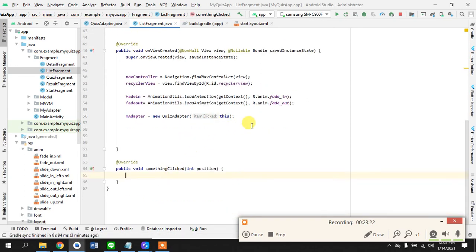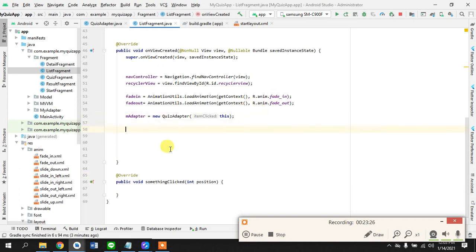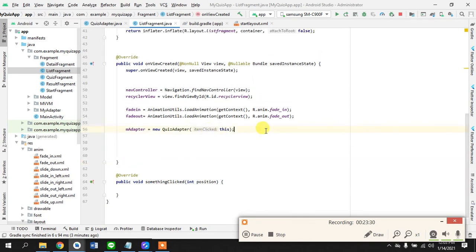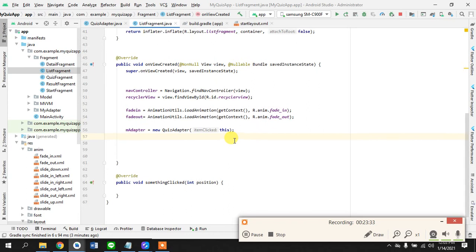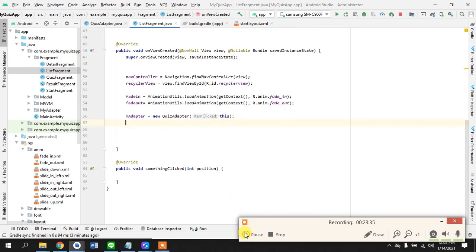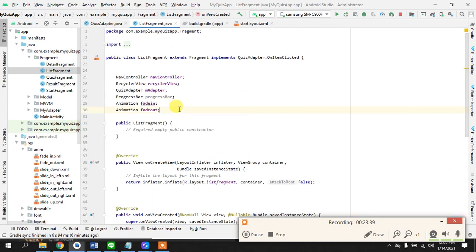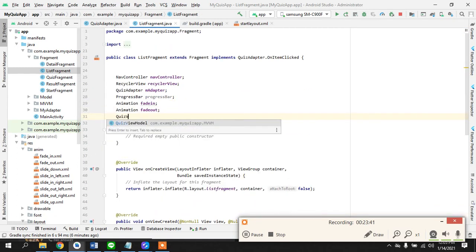This helps us to send the, yeah, I'll explain it to you later. Okay, great. So this is done, and we will be taking our view model here, quiz view model,